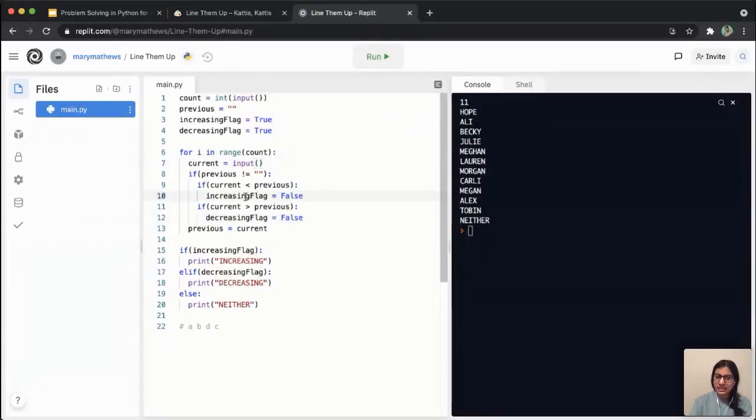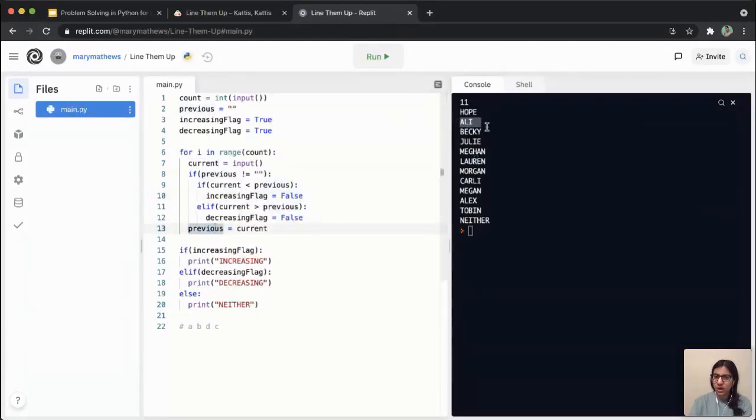So it's going to set the increasing flag to false, meaning the names definitely cannot be sorted in increasing order because the first two themselves are decreasing. And then it's going to check, is current greater than previous? This can be an else if I want, that's fine. And then it's going to set previous to current. So now previous will be my second name.